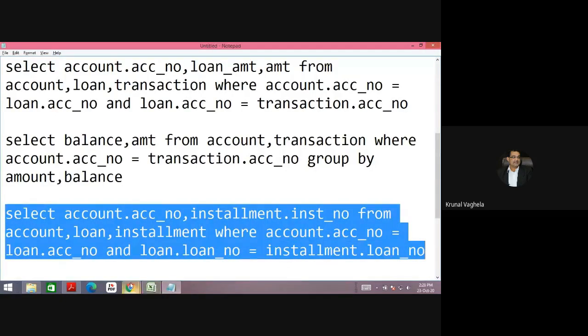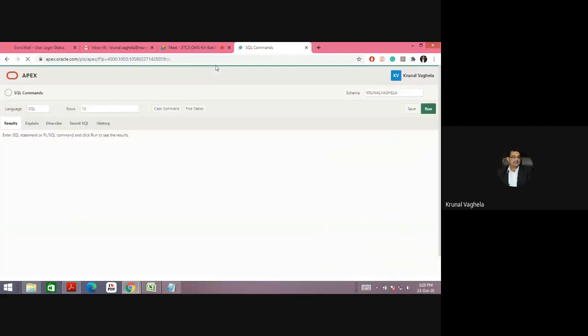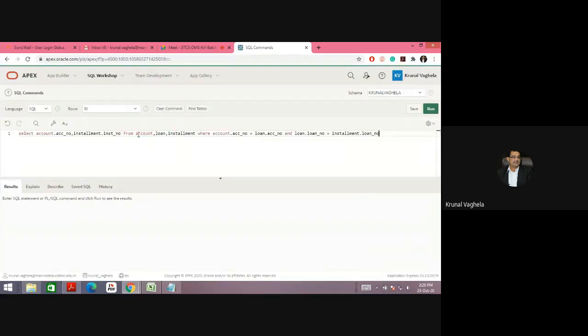Let me run it and see if I can find the data. As I told you, I have entered the data in case-insensitive form, so that's why the data is not being displayed.